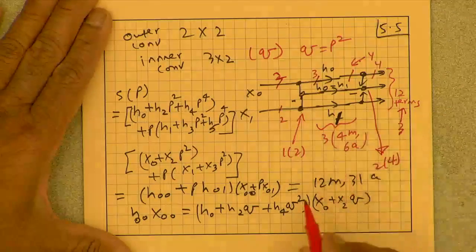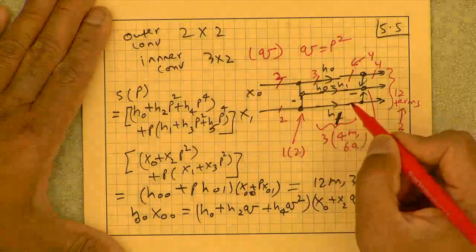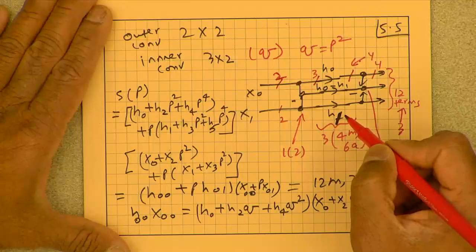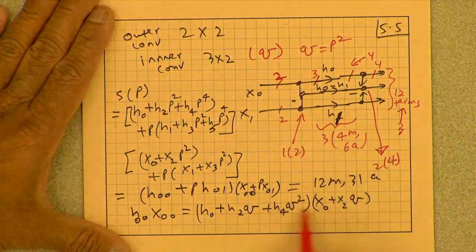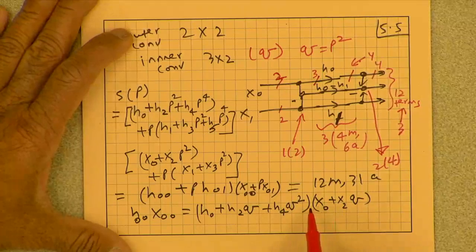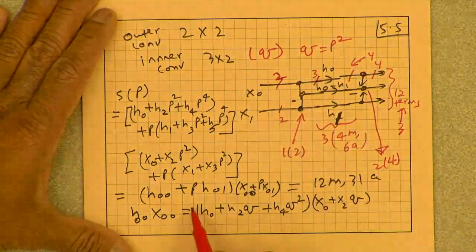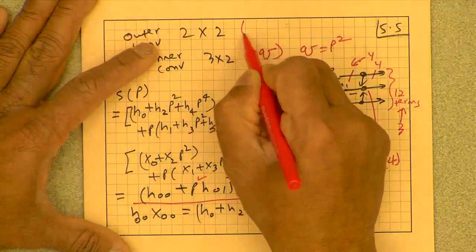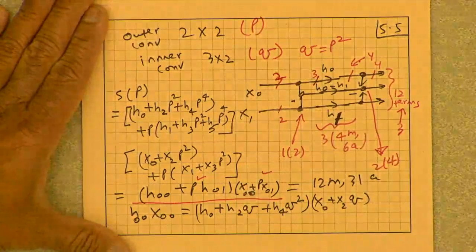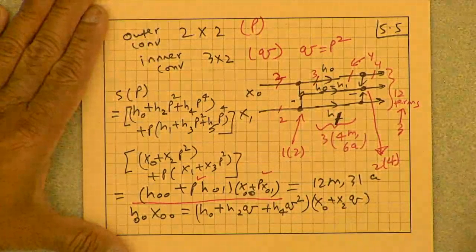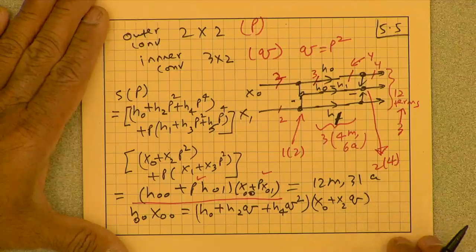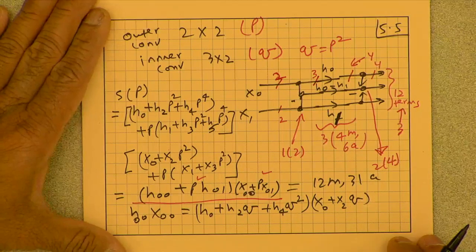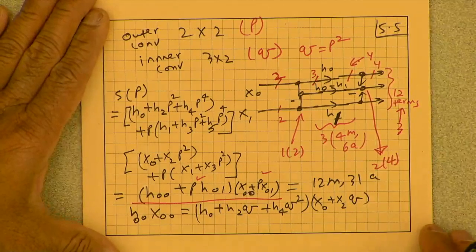So at the inner convolution level, these are convolutions with respect to q, whereas at the outer level, if you look at this expression, which is the outer layer, these are polynomials in p, so that's with respect to p. Okay, this is probably a good point for me to stop. I think you have enough to think about.